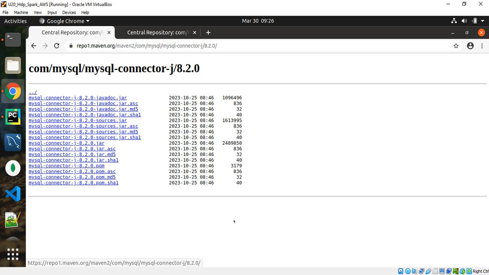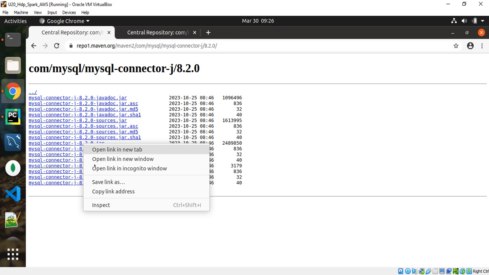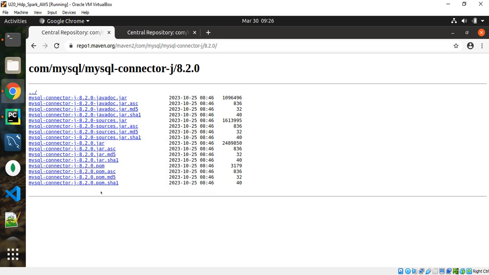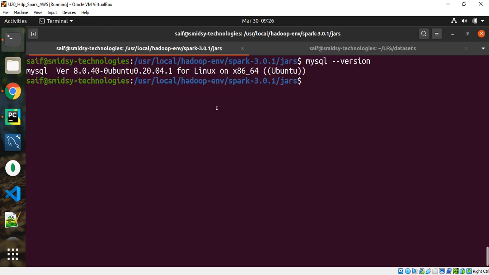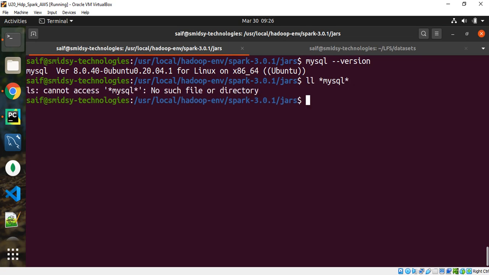And one page should open up, and can you see this jar name, guys? So I'll just right click on this and copy the link address. Okay, and can you see here, if I execute this code, there are no jars available. Either you can do it directly over here, or else I will go to